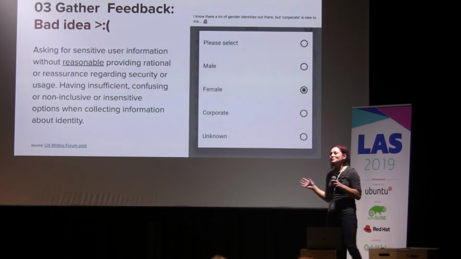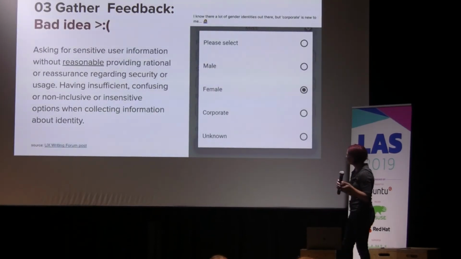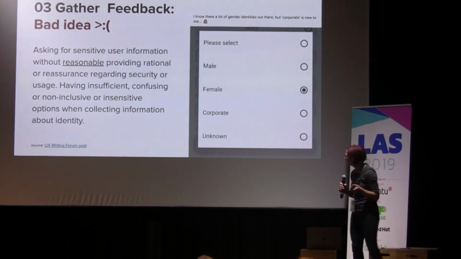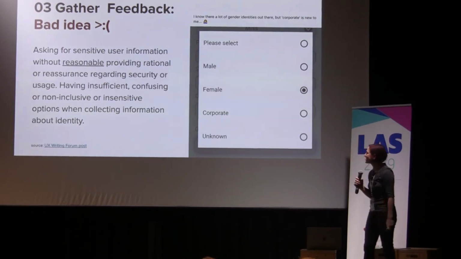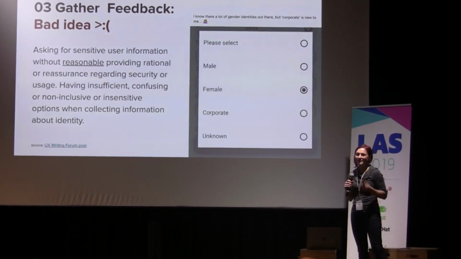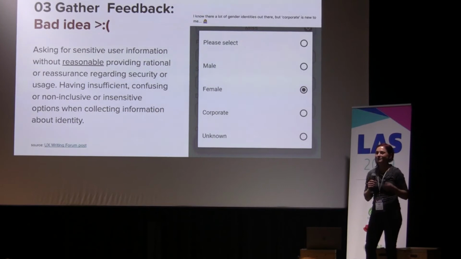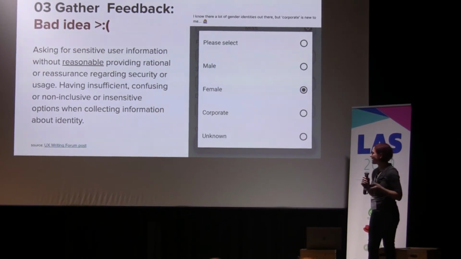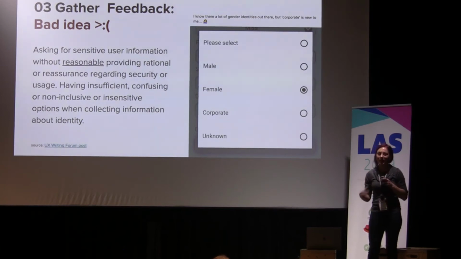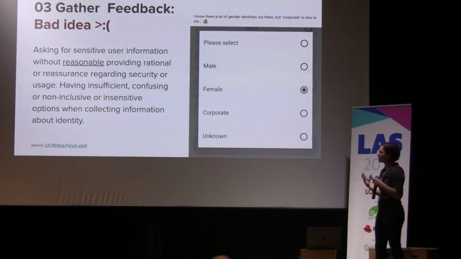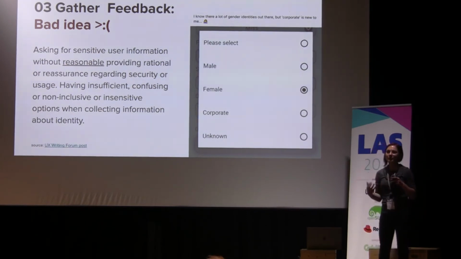Okay, this one's a really important one. A bad idea, I think, is asking for sensitive information without providing reasonable purposes for it. If you want to ask for sensitive information, you want to tell them what you are going to do with their information. And that's pretty clear. But also, some of the sensitive information is very personal, and if you're going to ask, you need to provide